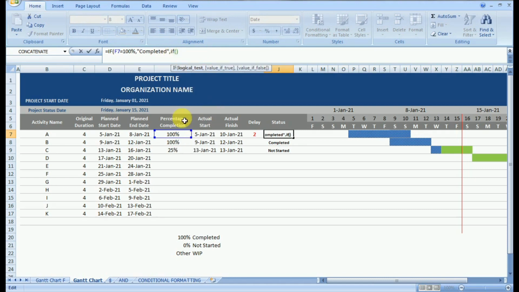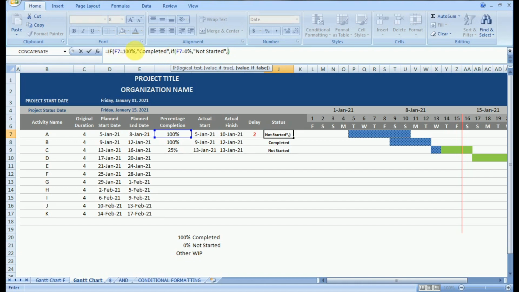The first condition is if the input is 0%, that is if F7 is equal to 0%, my output, that is value if true, should be not started. And if this condition fails, then it should be work in progress.